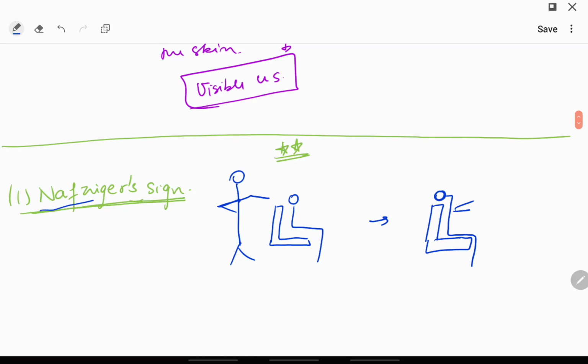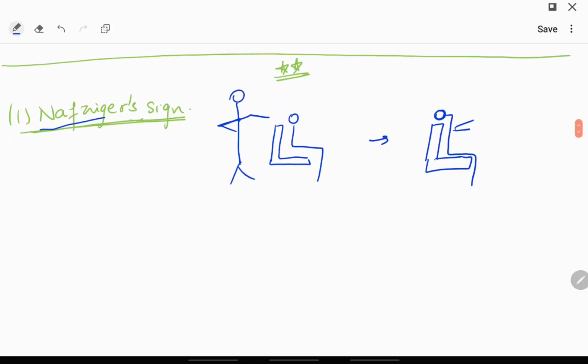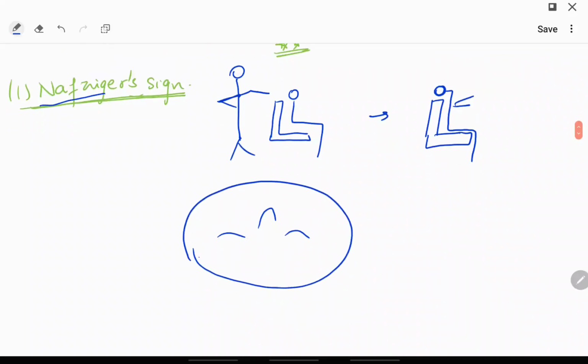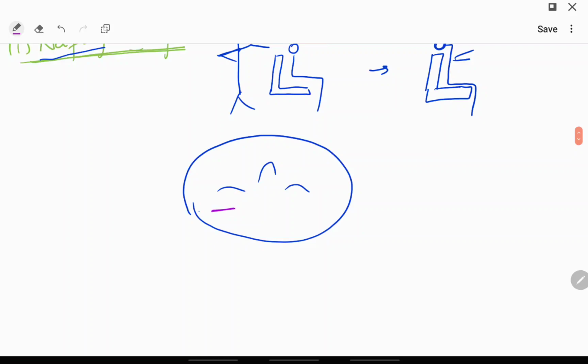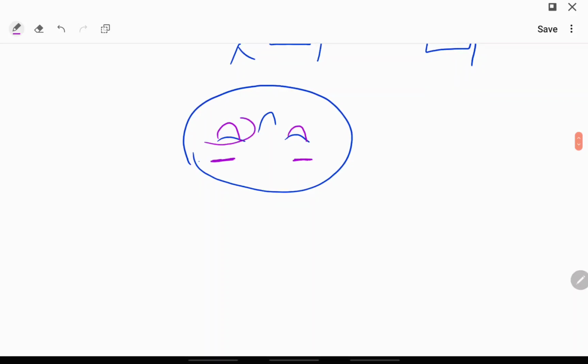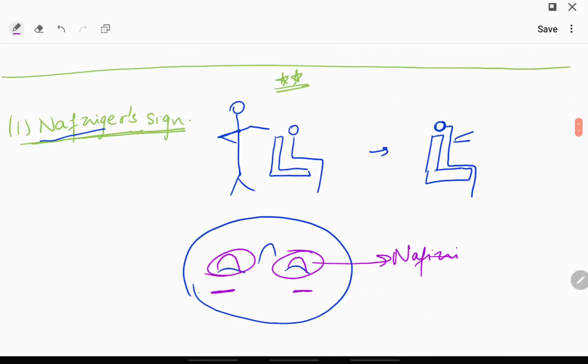So Naf-Zyger. So you look on the face of the patient, and you're looking from behind from the supraorbital ridge. Okay, these are the eyebrows, and you're looking straight ahead. You would see that the eyes are protruding way too much than a normal person. So this protrusion of the eyes is seen in Naf-Zyger